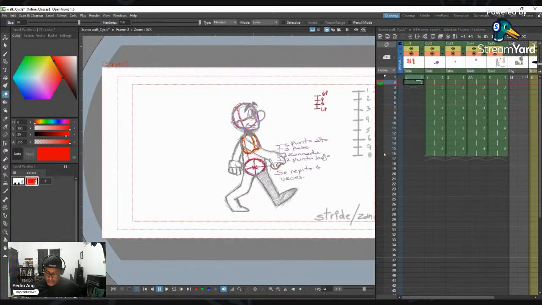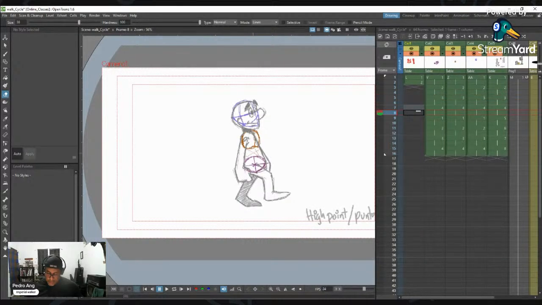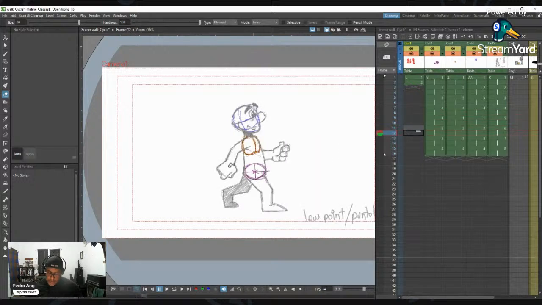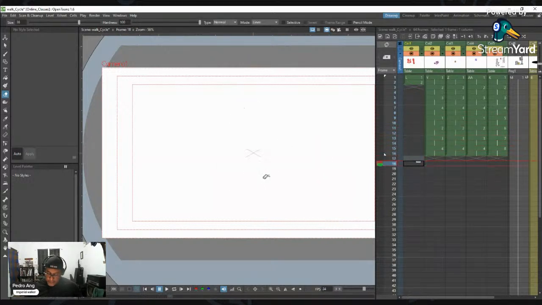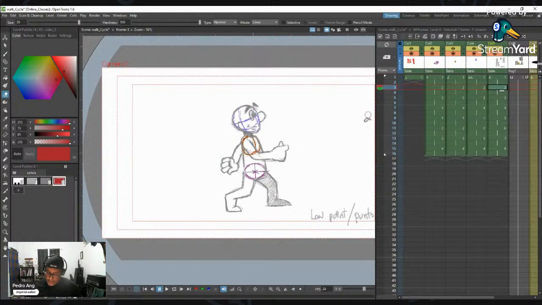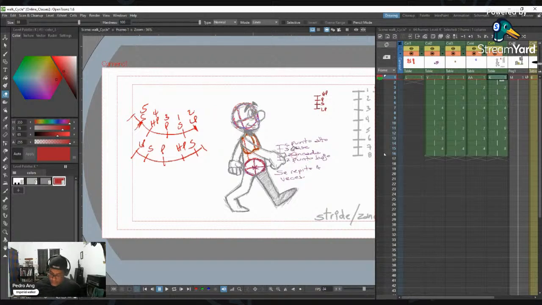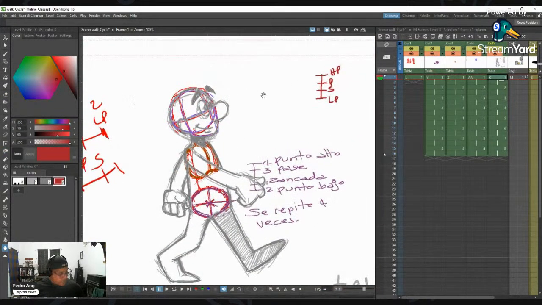So if you see when the arm is coming back, the hand is trailing. The hand is trailing the arm, so it's like a little bit following. Then it bends as it comes back. That's the principle of follow through and overlapping action that we saw on the leaf, right? Like you can see it here. See, in the stride, we have the arm doing this. See, so this angle here,